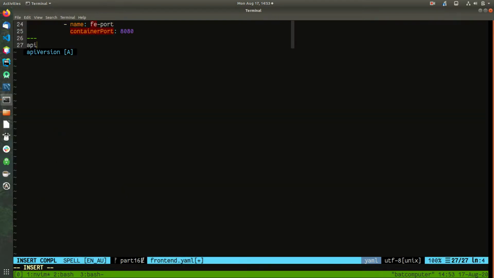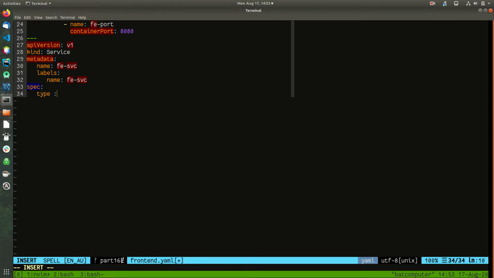We'll say API version v1, kind is a service, metadata, the name, call this fe-service, svc. And then the spec,